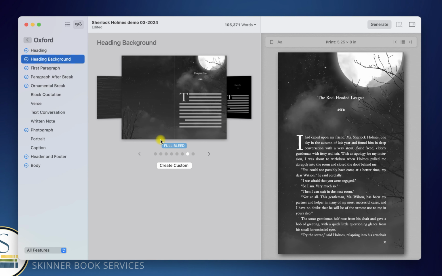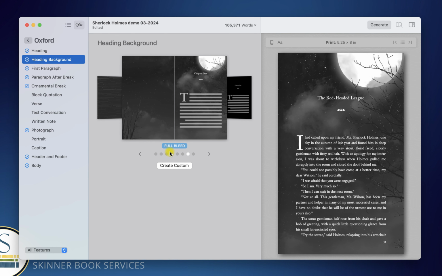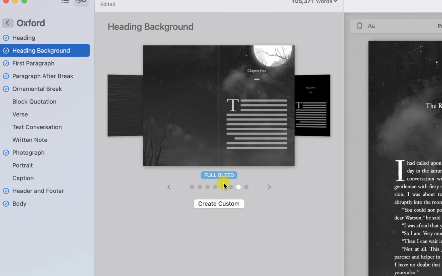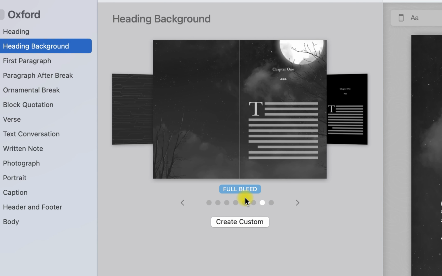If you're working with images inside Vellum, either with the full page images for adding a map or an illustration, or here where I am in the heading background settings inside the styles, you'll sometimes see a label pop up that says full bleed. At its most basic, bleed means an image extends beyond the exact size of a single page or a 2-page spread, often an 1/8 of an inch extra around the edges as required by the company